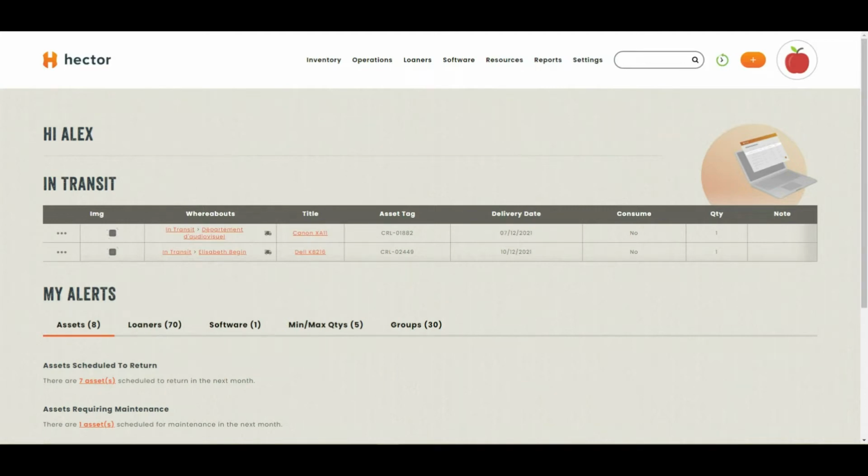Hello and welcome to this video where we'll be spending some time together learning about how transfer orders can bring value to your organization when you need to move assets from one location to the other in our online asset management solution, Hector. So the first thing you need in order to perform transfer orders in Hector is